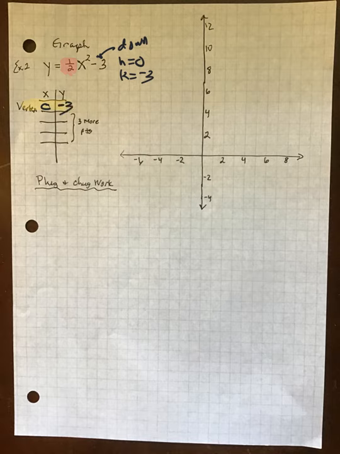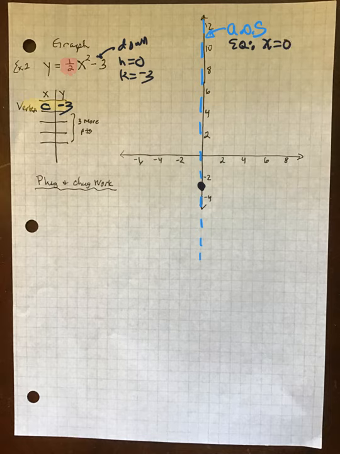So (0, -3) is right there. And then we're going to build our axis of symmetry. Our axis of symmetry is the fold line, so we can get that symmetry on the other side. Let's point to that and write AOS, and then write the equation for the axis of symmetry. The equation always has to be x equals, because it's a vertical line, so that would be x equals